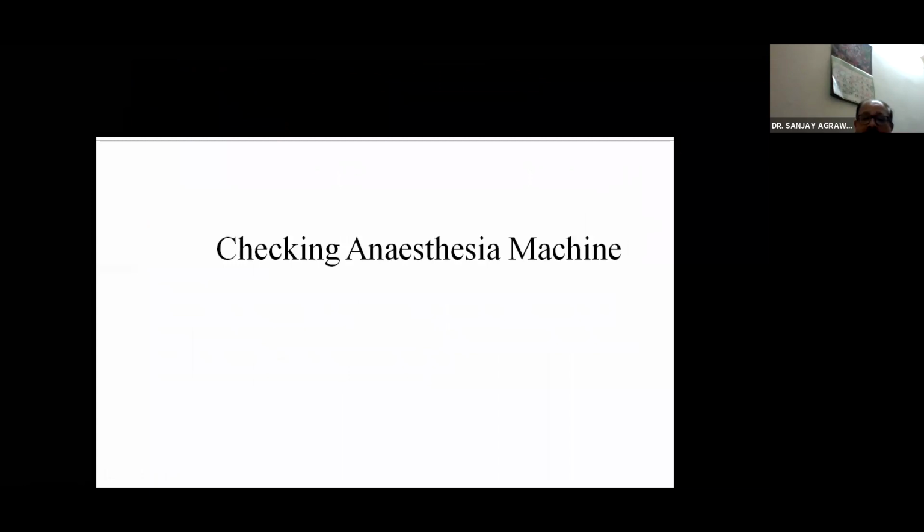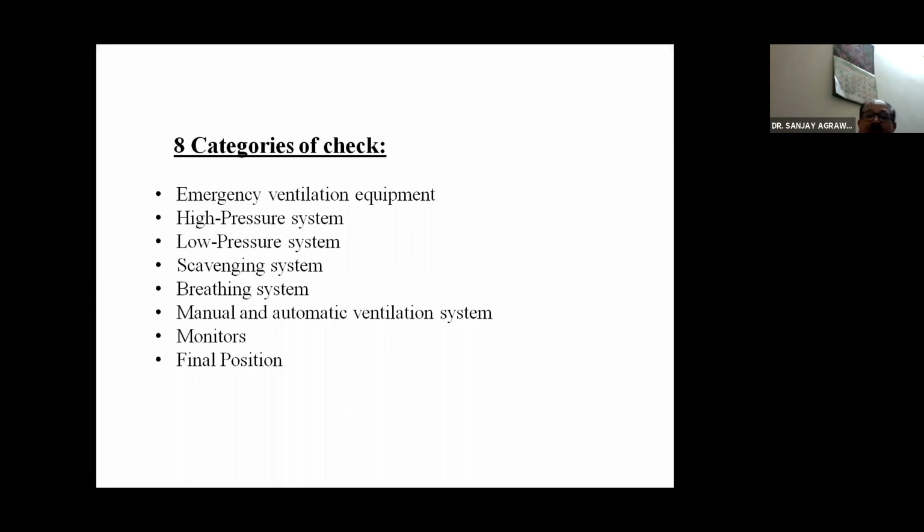Coming to another point, how do we check an anesthesia machine? Coming to the workstation, the problem is that every manufacturer has its own standard way of checking the anesthesia machine. So one system cannot be applied to all these newer workstations. You have to follow the way in which the manufacturer wants the machine to be checked. The only thing is that they check 6 to 8 components, which are common for all the anesthesia workstations.